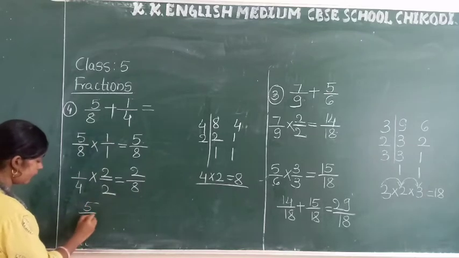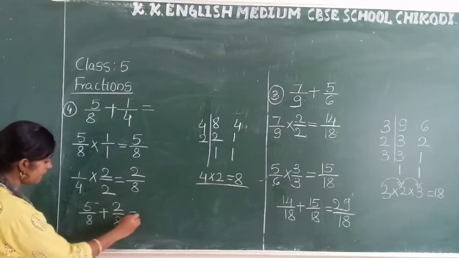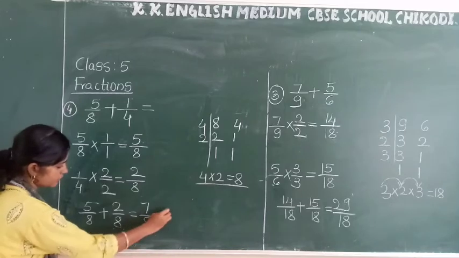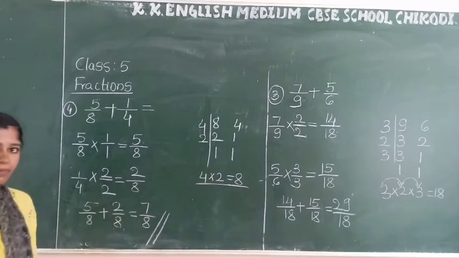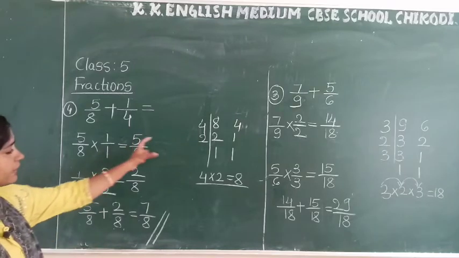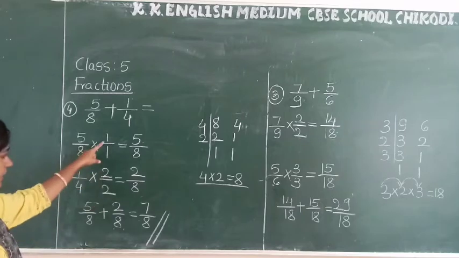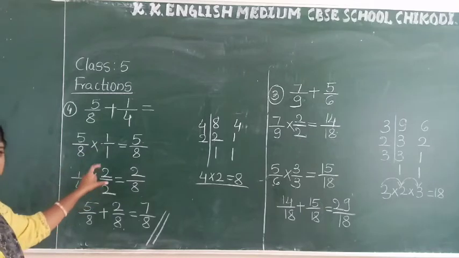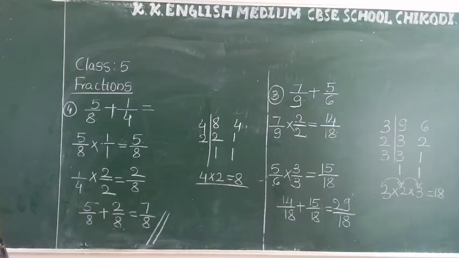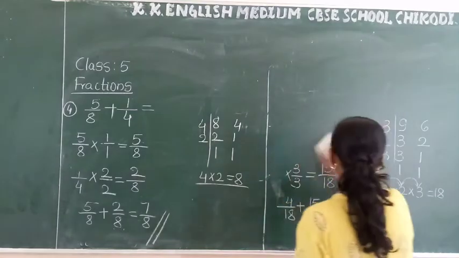Right, here 5 by 8 plus 2 by 8. Okay. 5 plus 2 is 7 and 8 as it is. So its answer is 7 by 8. I hope you are getting my points, very easy. Here, taking the LCM and converting, which number I have to take here, that is very important. If you once know this, then you can solve these examples very easily. I will take one more example here.